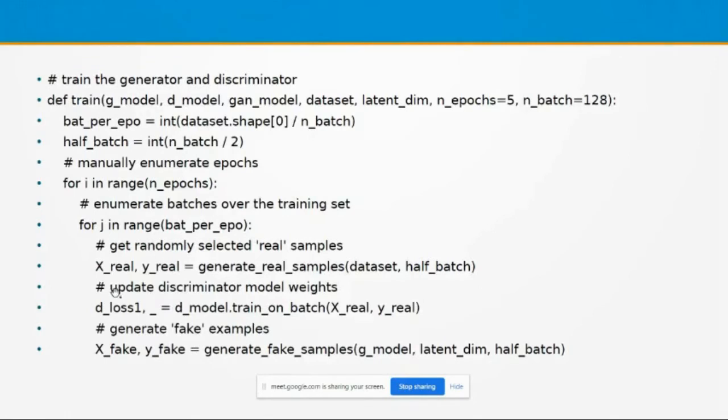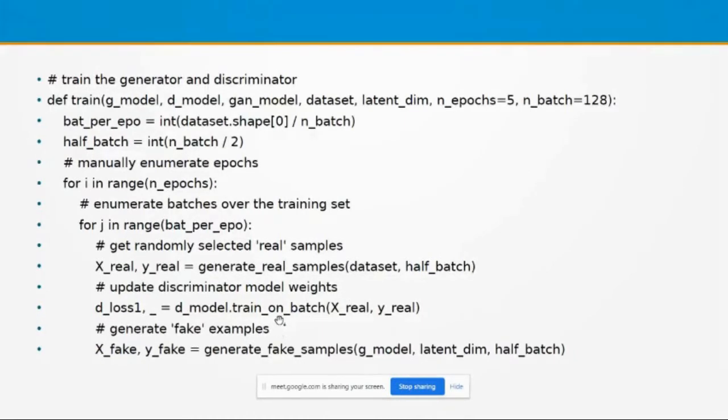And the corresponding loss we can store in D loss 1, that is a user defined memory location. In that memory location, we can store the corresponding loss of the D model, in order to understand the status of the development of the model. That loss is just stored in this D loss 1. But here the discriminator model is trained with the help of the real data.